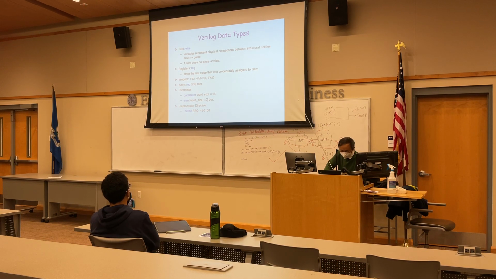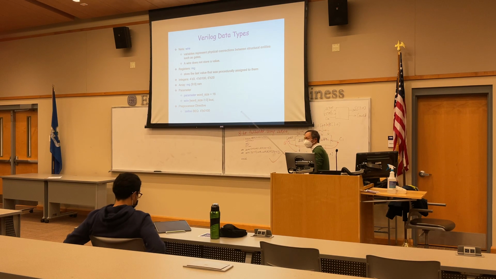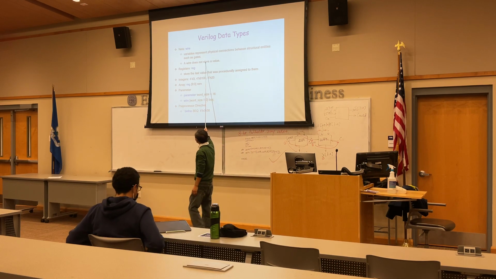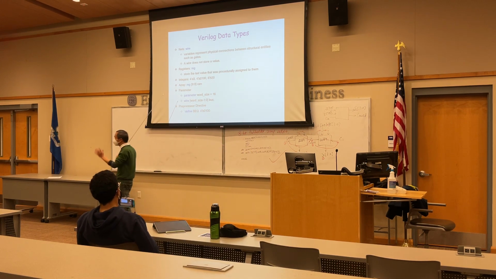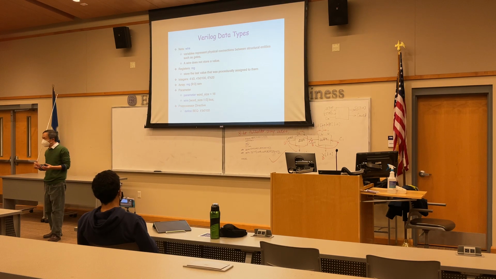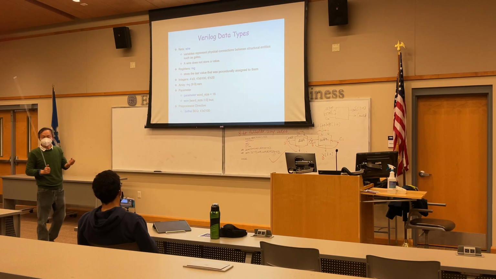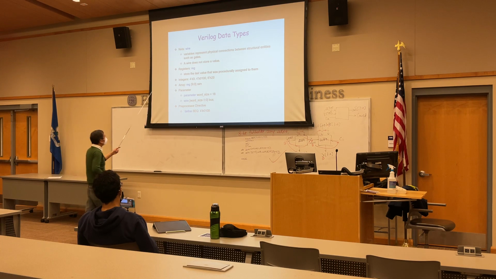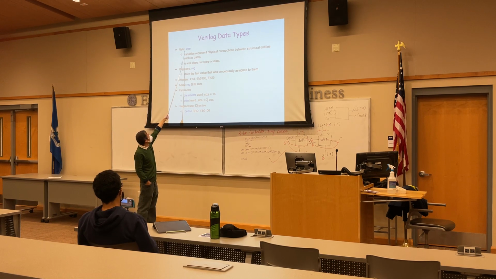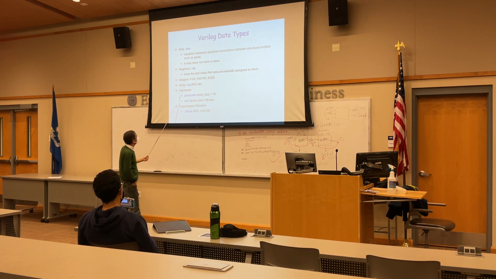Verilog data types. The Verilog data types we have are wire and register. What's the difference? If we say it's a wire, it's an internal wire or other wire, it doesn't store the value. But if we define it as a register, it can hold the value. Because why register, right? You can remember the state. Anyway, a wire only has one value at any time, but the register type has a history. You update the new state, you have the previous state and the current state. And then integers,